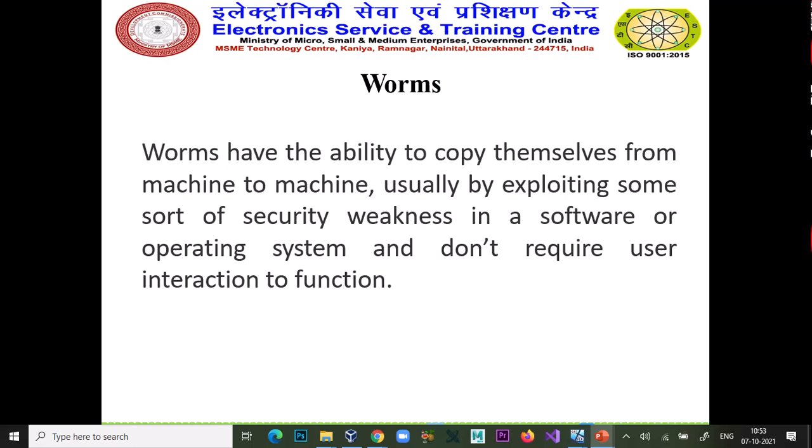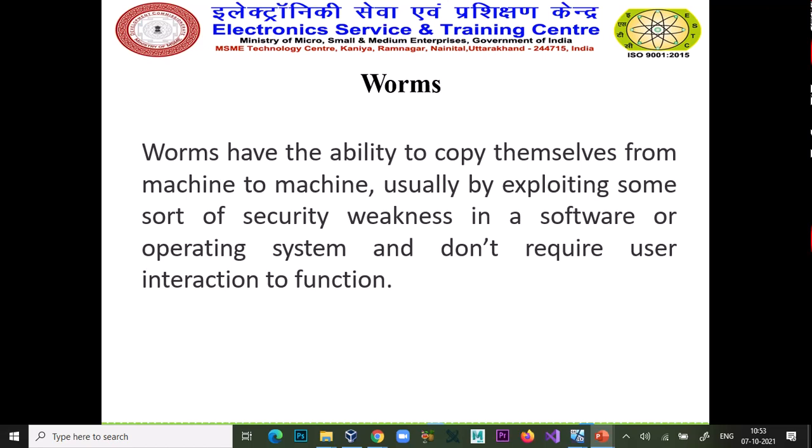It will take advantage of security flaws in a software or any application. So it is very difficult to identify a worm compared to a virus.